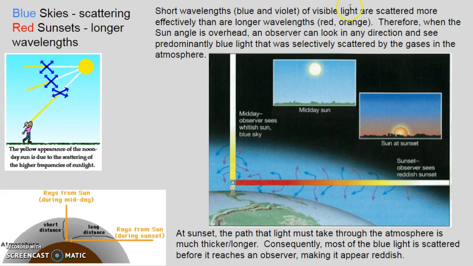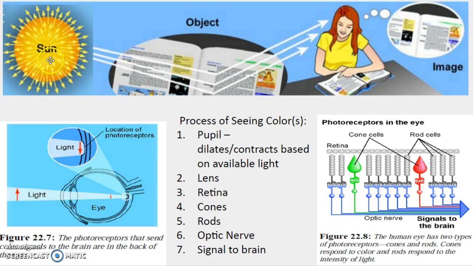Blue skies, and you can read about this here because I'm about out of time. Blue skies are simply the result of scattering light, and short wavelengths are more visible or just scattered more effectively or readily than that of other colors. So blue is the last one observed. And at the end of the day, those photons somehow make their way into your classroom and reflect off of something, make it to your eyes, and this is where the rest of your eyes and